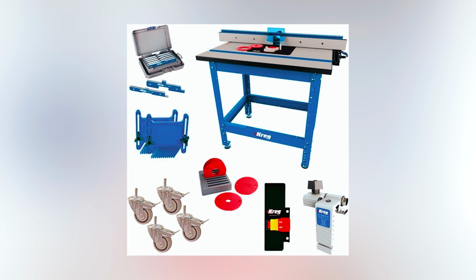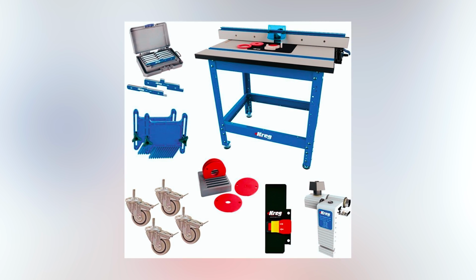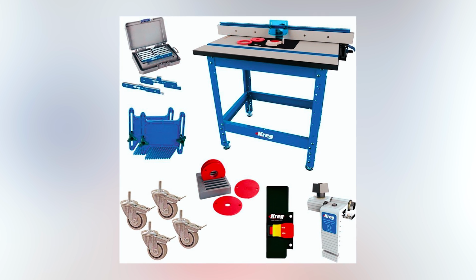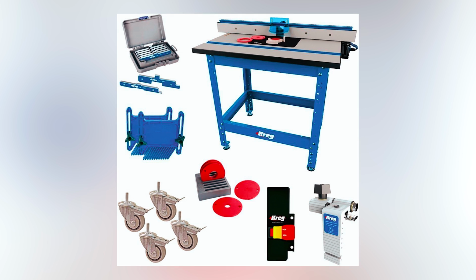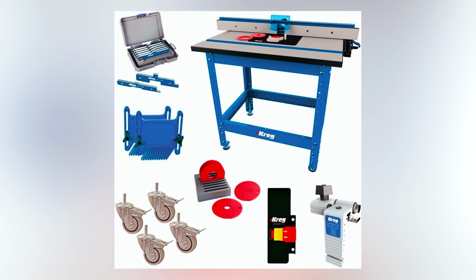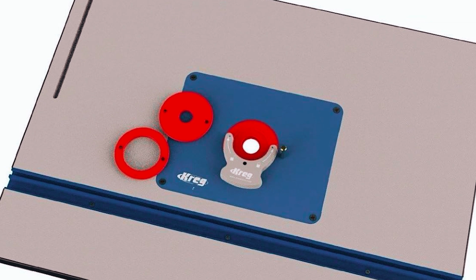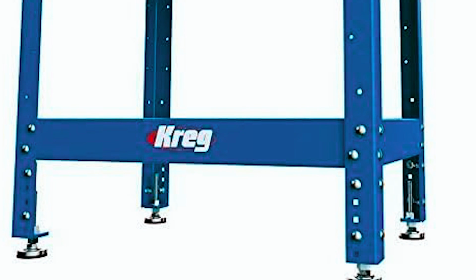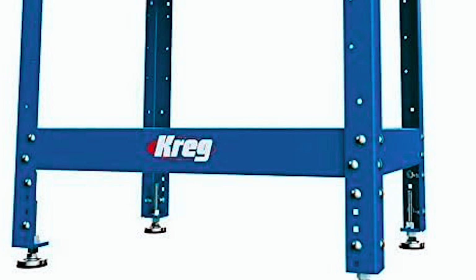The table size is around 24 by 32 inches, providing a very large working space and is completely customizable with your choice of fence, switch, and even your stand, whether it be of your own design or you purchase further accessories from KREG. It's important to note that this item is only the top. However, the legs and the fence can easily be purchased separately